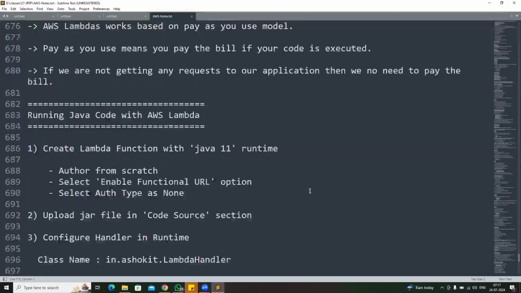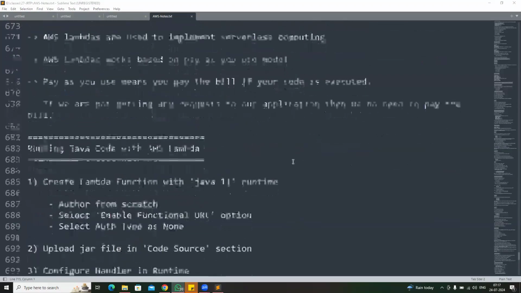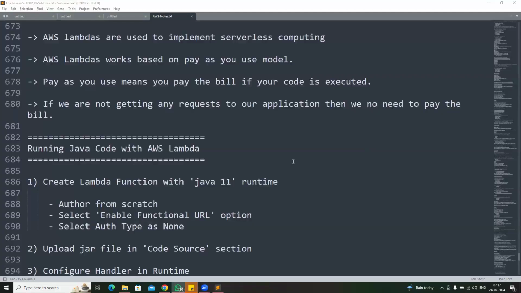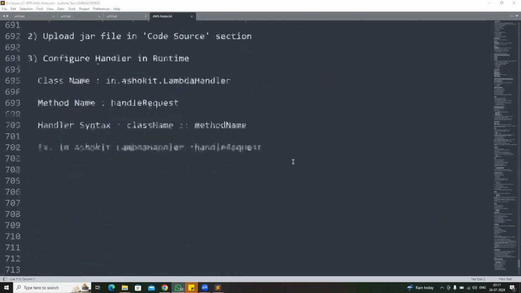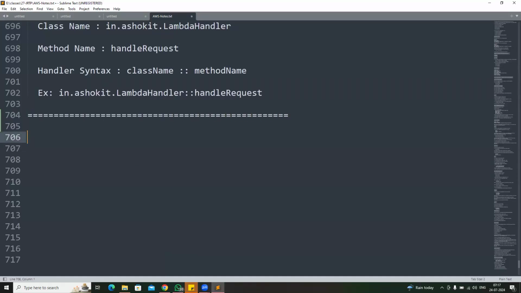The advantage is that serverless computing will charge based on the pay as you use model. Pay as you use means it depends on how much time your code is executed. Only for that time do you have to pay the bill. If your code is not executed, then you do not need to pay anything. All right, so with this, for the developer, that is how much knowledge is required from the AWS cloud, and we have